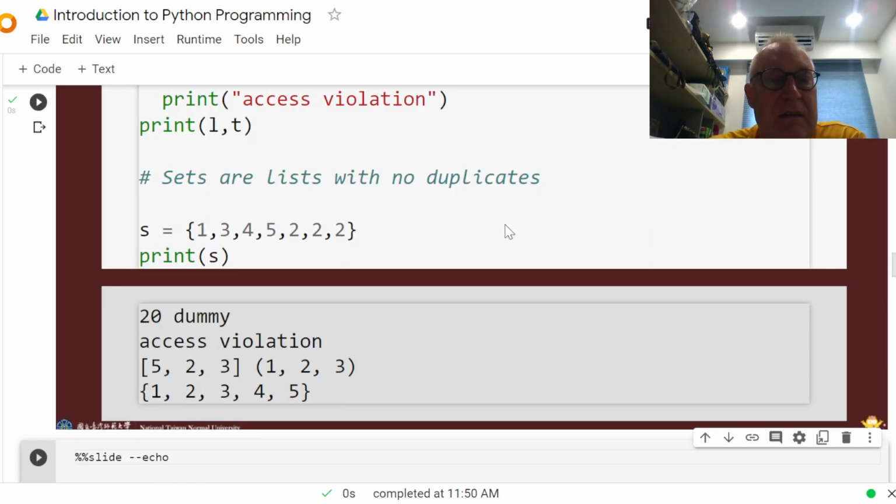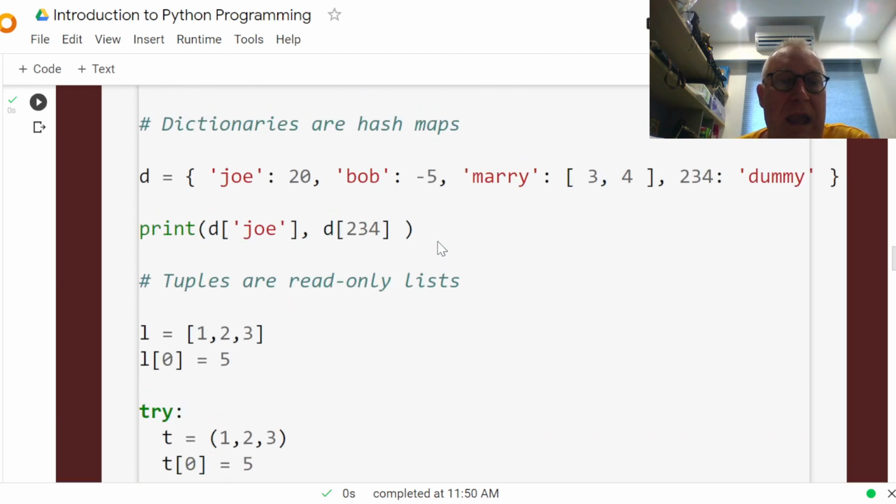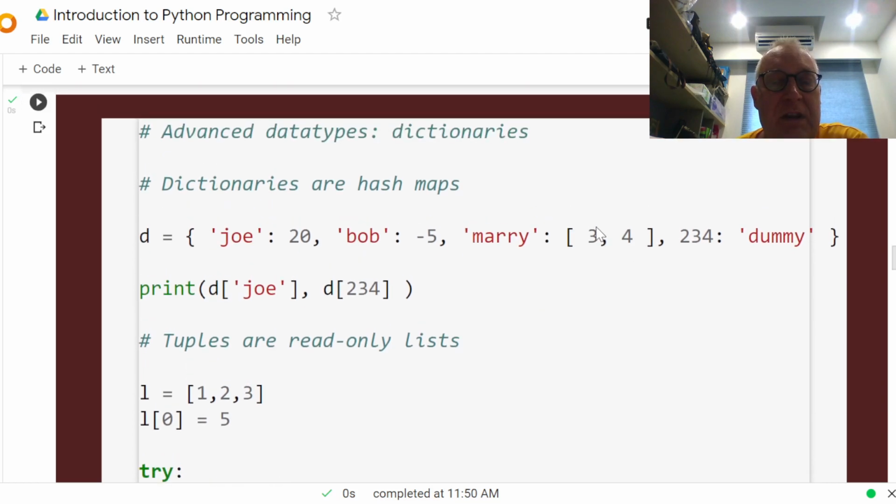We also have dictionaries. Dictionaries are like hash tables that you may be familiar with from C, C++, or your computer science data structure course. They allow you very efficient access to key value stores. In Python, dictionaries are indicated using curly brackets. And then we have a key, and then we have a value. So let's say in a program, I want to store how much money people owe me. Then I can generate a dictionary saying that Joe owes me $20 and